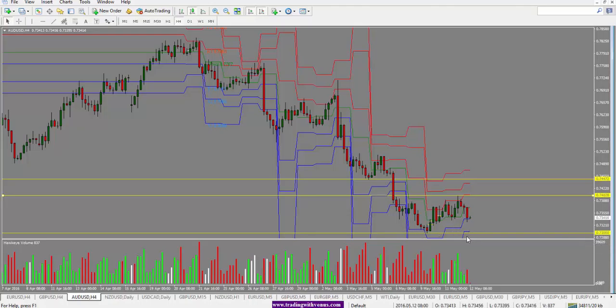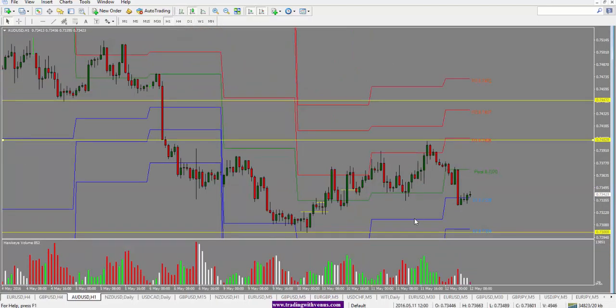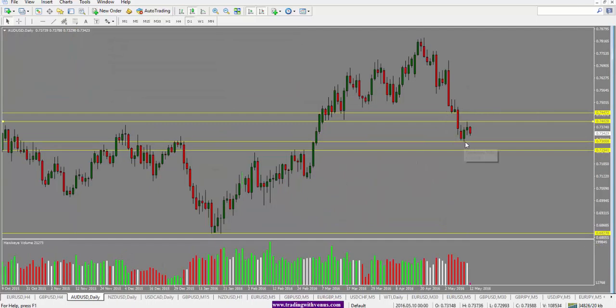And if the price breaks through the 0.7300 level, it may continue on to the next level. However, we will treat this as range bound and we'll be looking to buy at 0.7300. However, be careful if it does go through that level. We are looking for price to move on to the next level. So this is our S2, which coincides with the 0.7300 level. If it does break through the 0.7300, then we are looking for this 0.7250 level, which would be this support and resistance here. That will be the next target if the 0.7300 gives way.